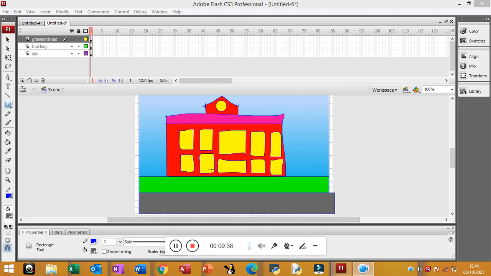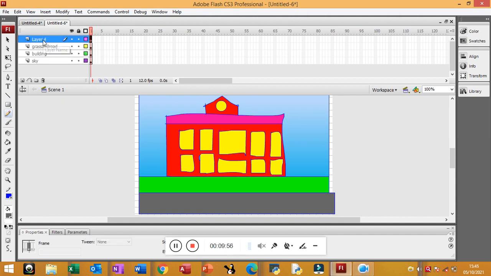Now we have to create tree, drawing trees. Now I already have told you how to draw a tree. I have sent you a video also. So let's make a tree here. Take a pencil tool. Okay, for that we have to take a new layer first, and this layer is known as tree layer. And now on this tree layer I'm going to draw a tree here.